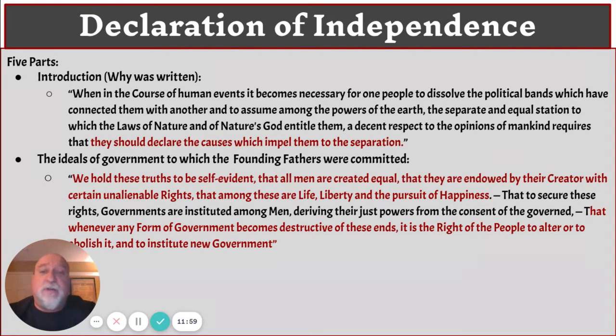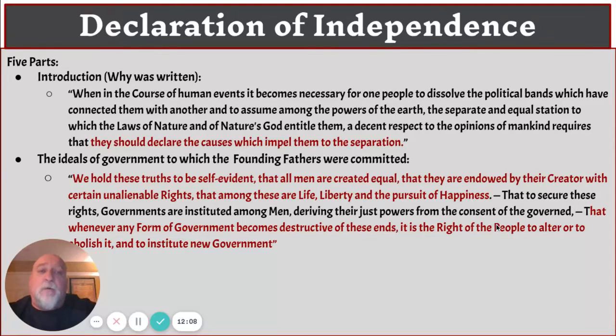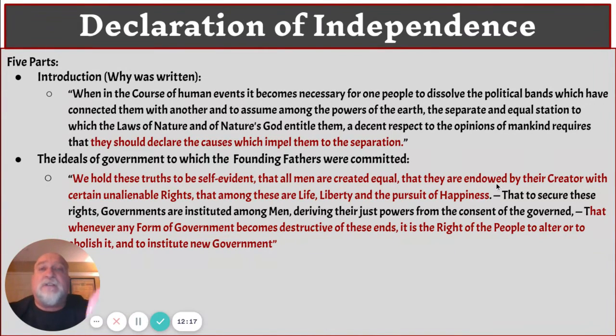Now, I want to direct your attention to a couple key pieces. These rights are life, liberty, and the pursuit of happiness. It is the right of the people to alter or to abolish the government and to institute a new government. Hopefully, you're thinking this sounds kind of familiar. That's my hope. It should sound familiar to you because if you remember back to our Unit 3, we talked